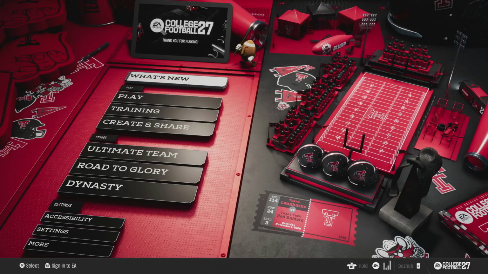In this guide, I'm going to show you how to turn on or off block injuries in EA Sports College